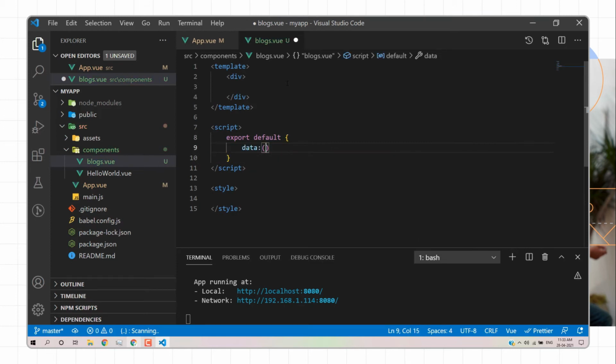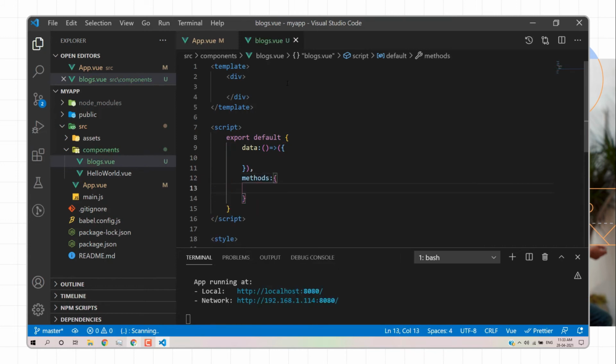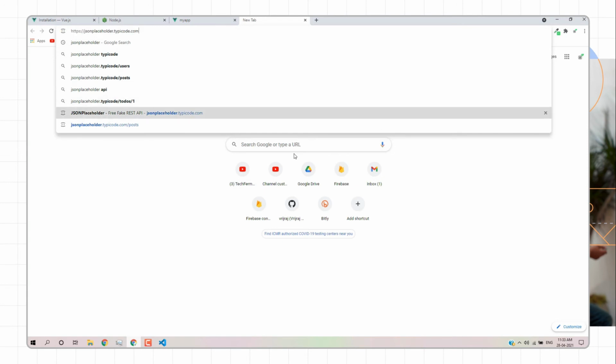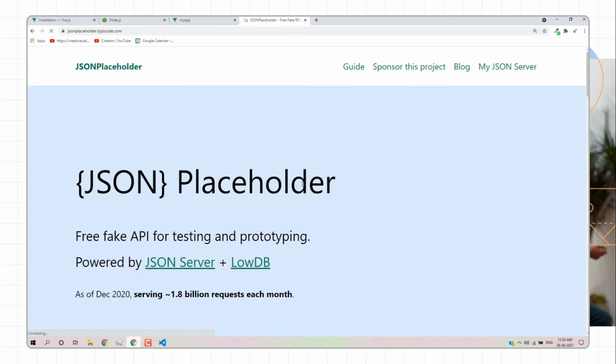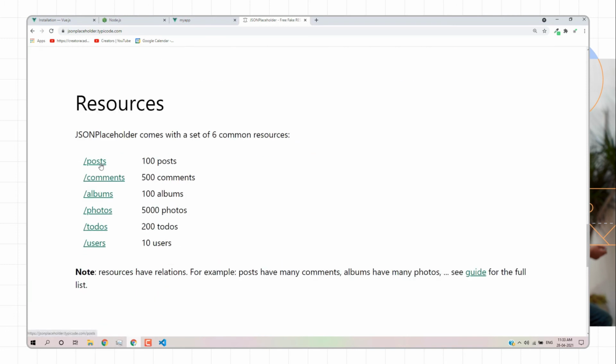We have the JSONPlaceholder API, so I'll go to the JSONPlaceholder link. These are REST APIs, so we will use these REST APIs. We have APIs for posts, so I'll use this one. I'll copy this part, and we will create a button here.